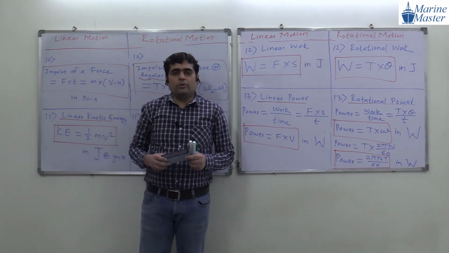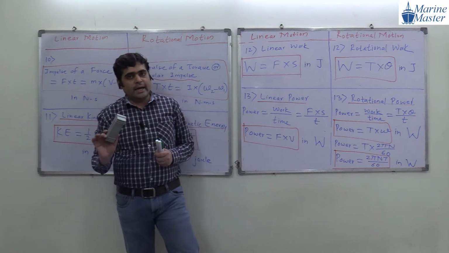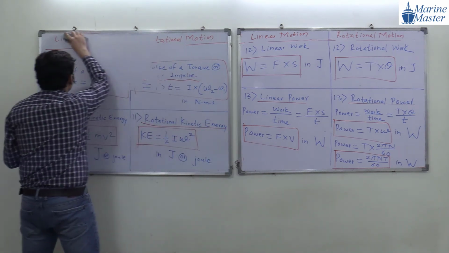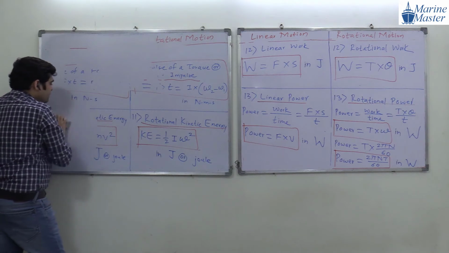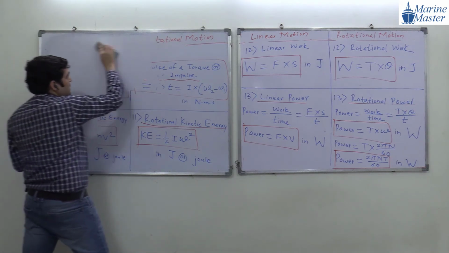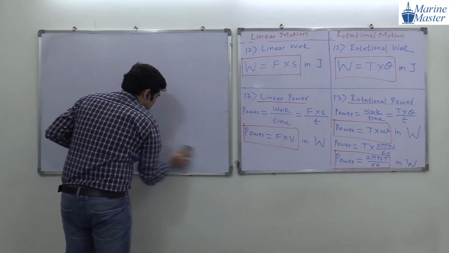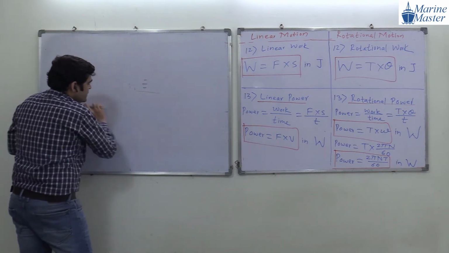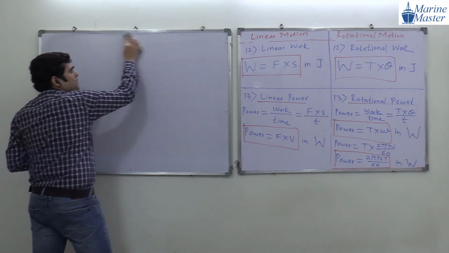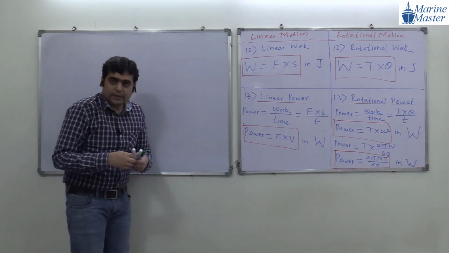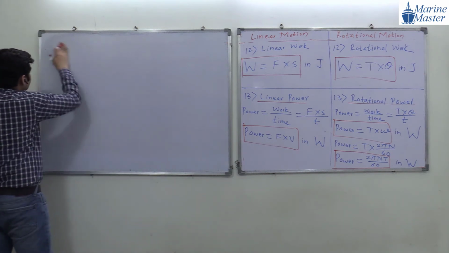So this is all about the comparison between linear motion and rotational motion. Now try to see the next point. We are going to see the relation between v and omega. V means linear velocity, omega means angular velocity. This is a very important discussion. Now give the heading: relation between